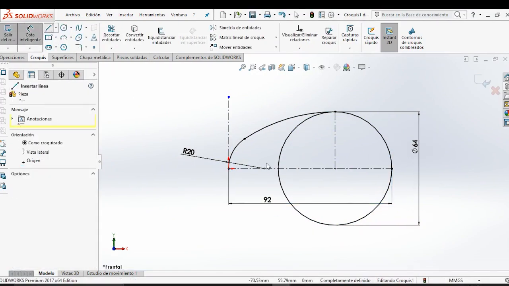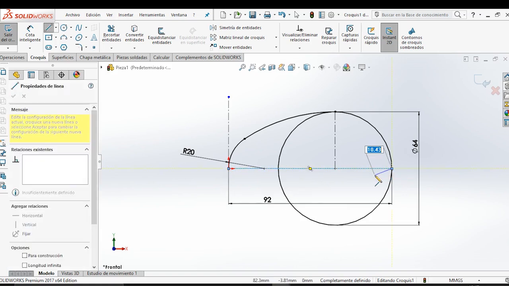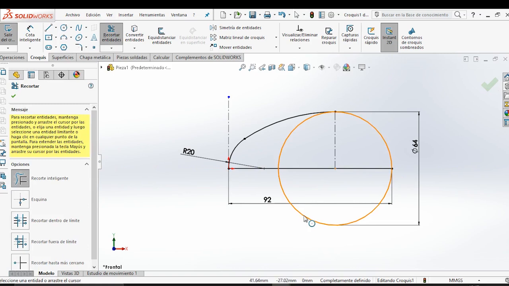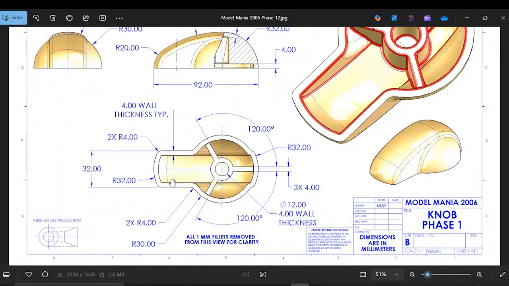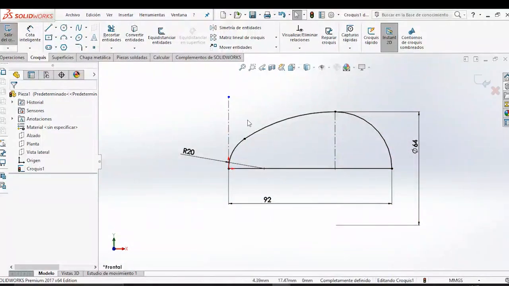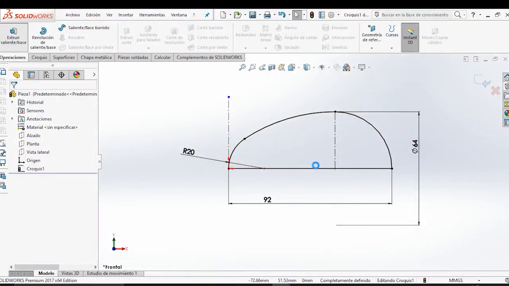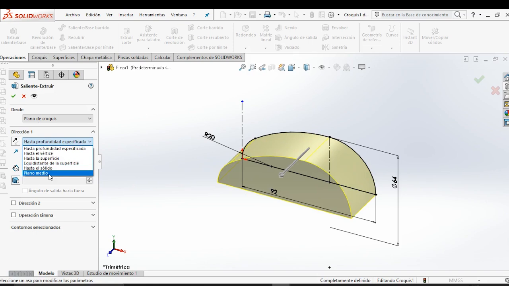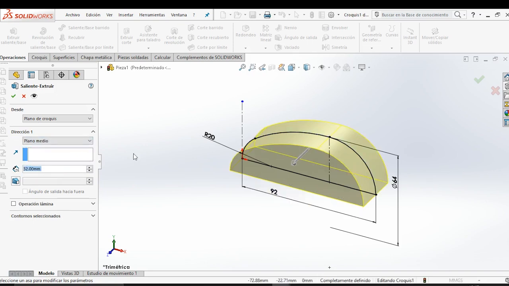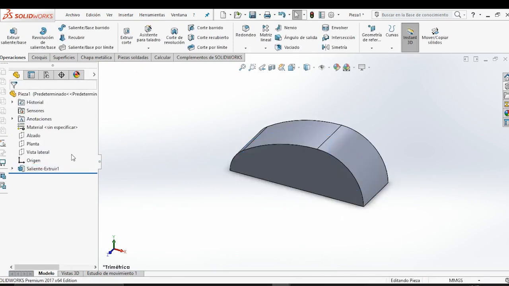And we draw a line here. Let's cut this part and this, okay, and the width is 32. Options, extrude 32, select plane, middle plane, accept. Now select again this plane, sketch,